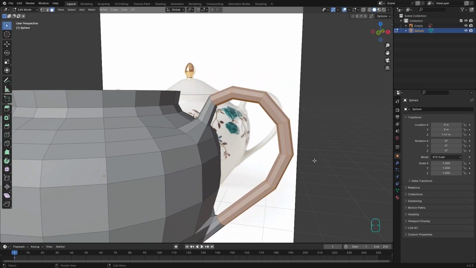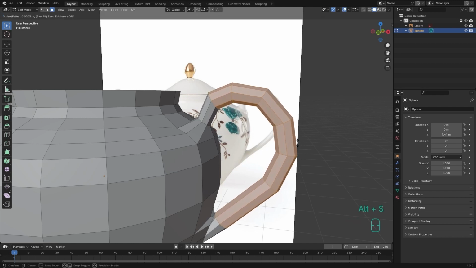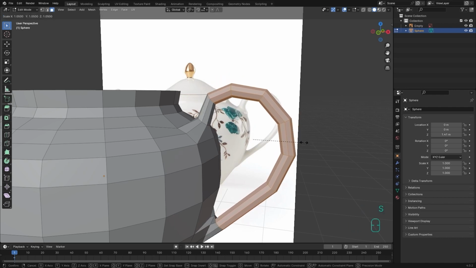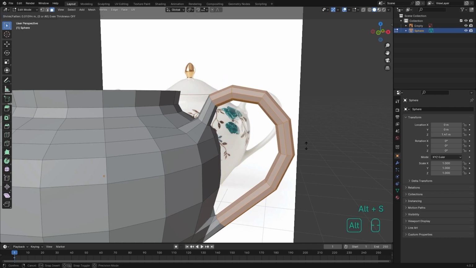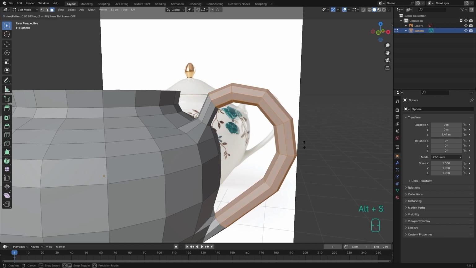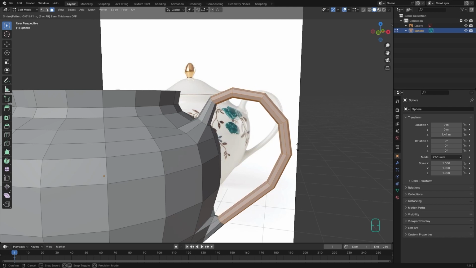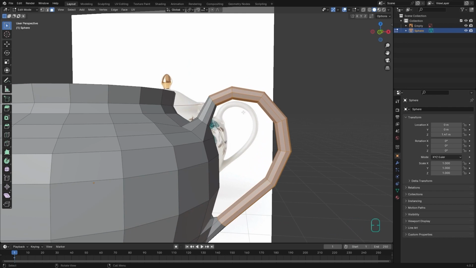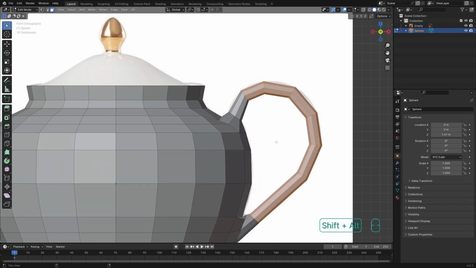But if you use the Alt S shortcut, and I don't know where it is in the menus, it's going to scale your faces along the normal, making it bigger in place without scaling the whole selection. So Alt S for making it bigger or smaller in place. This is another tip for changing the size. And now that I've created the handle,